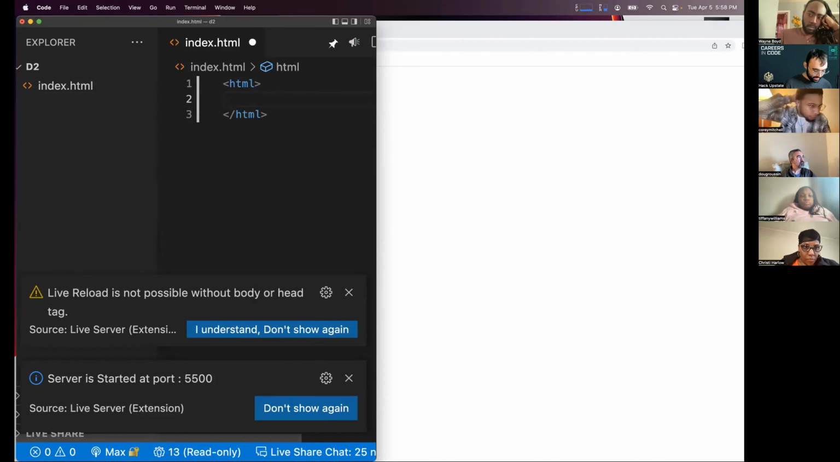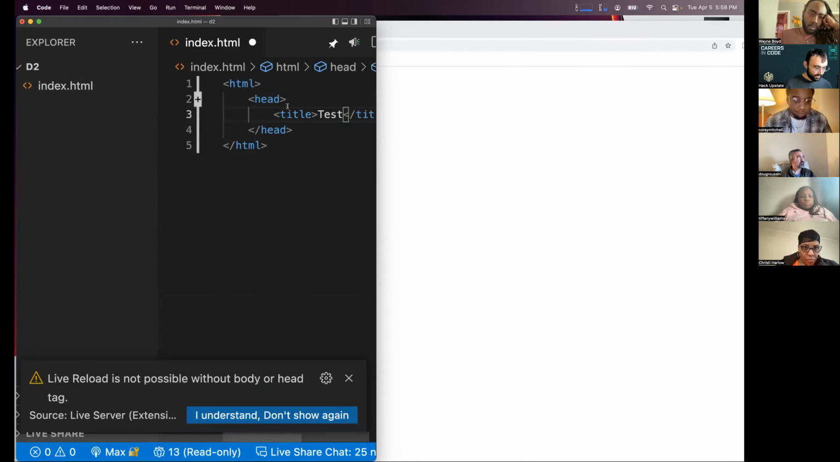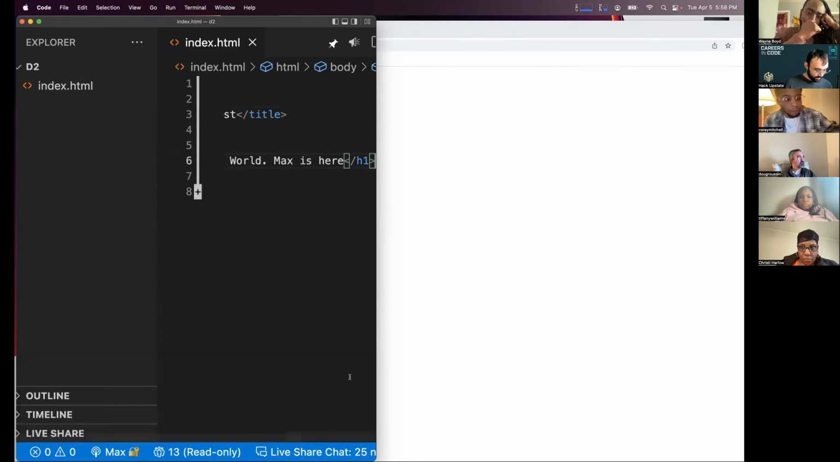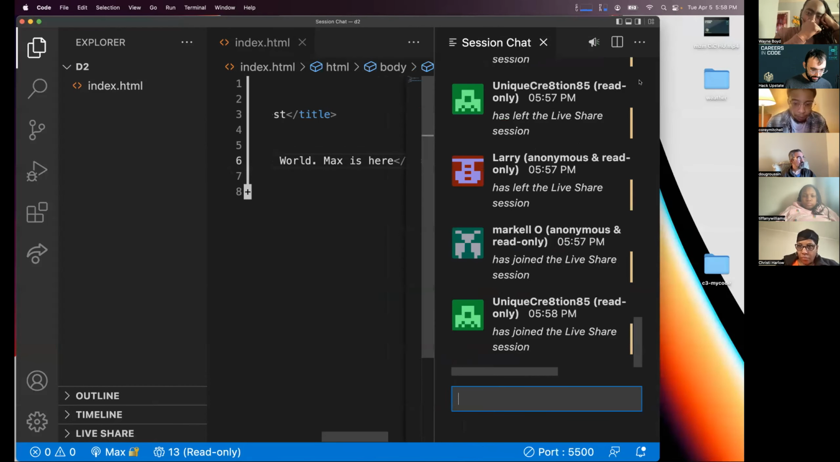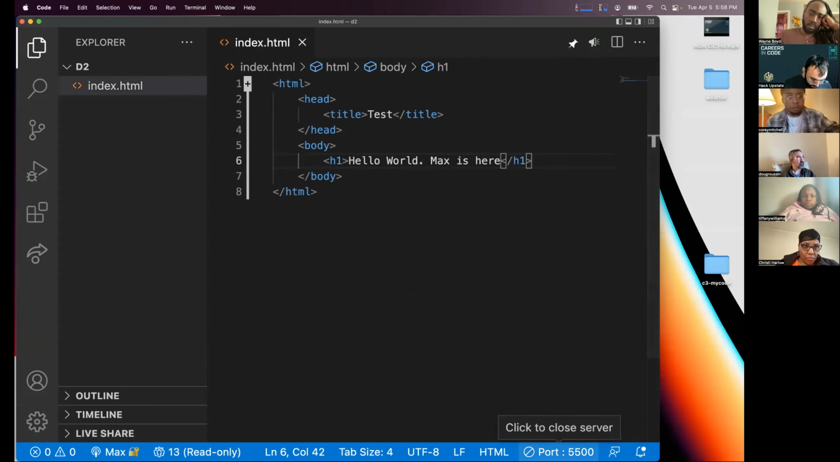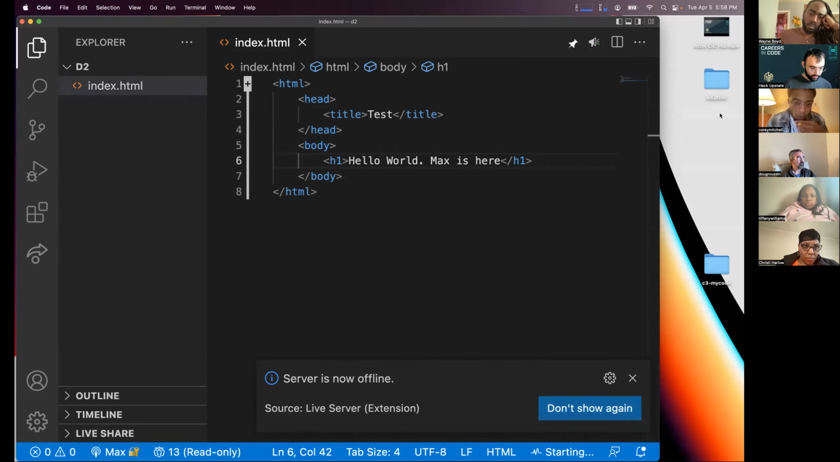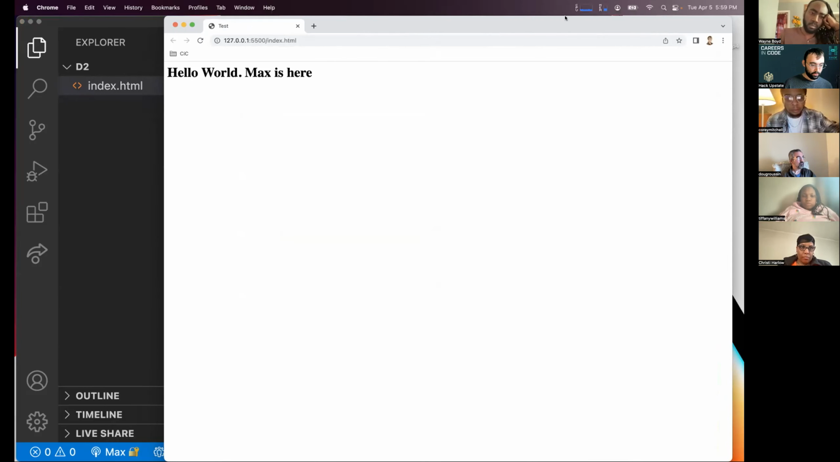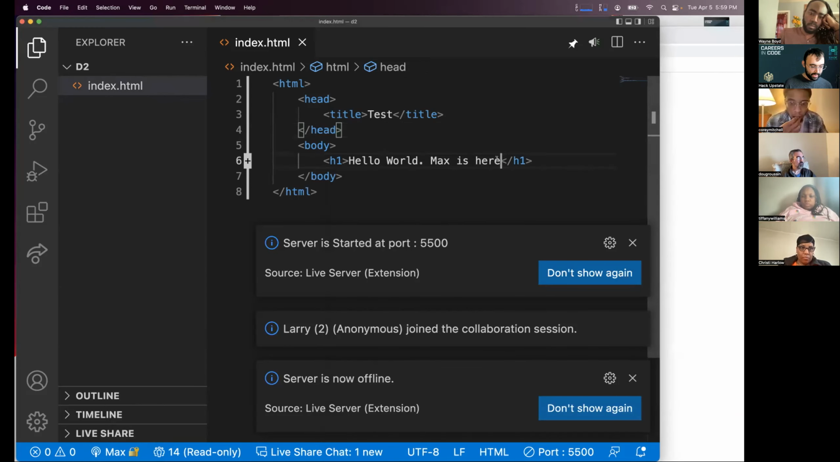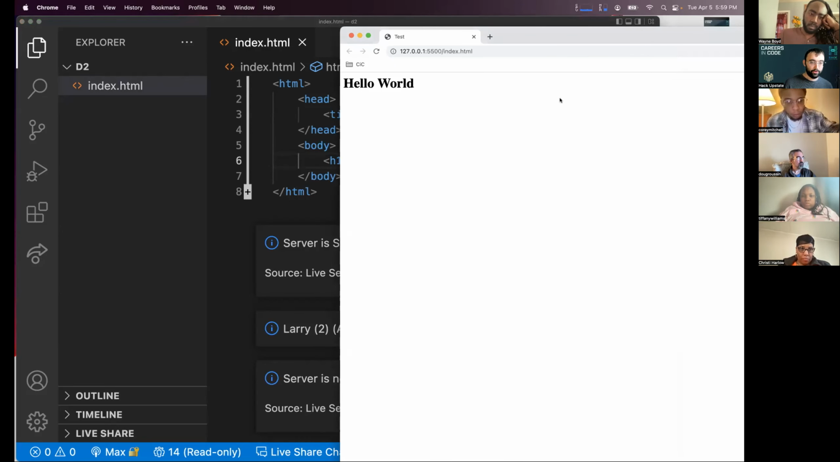I'm going to do my HTML tag, a head tag, and say title test. Then I'm going to do my body tag, and put my H1 in there. I'm going to make this bigger so I can see what's going on. Closing the server, clicking the Go Live button again, and now we can see our hello world. Max is here, and if I edit that and take that part out and save, you'll notice it live updates